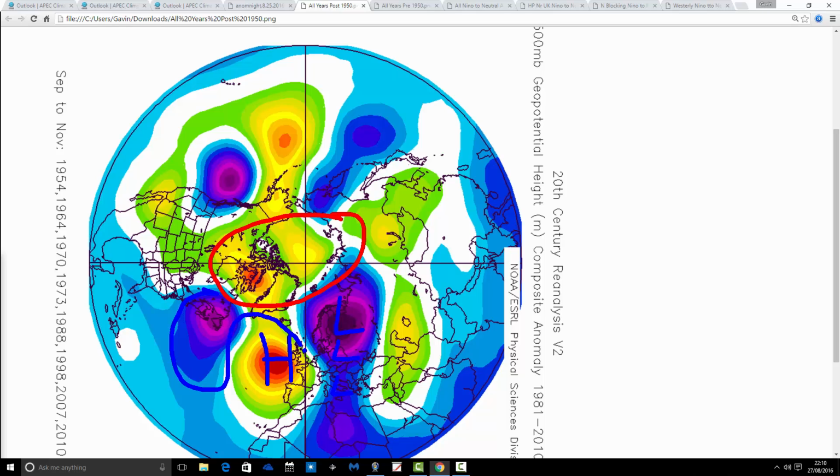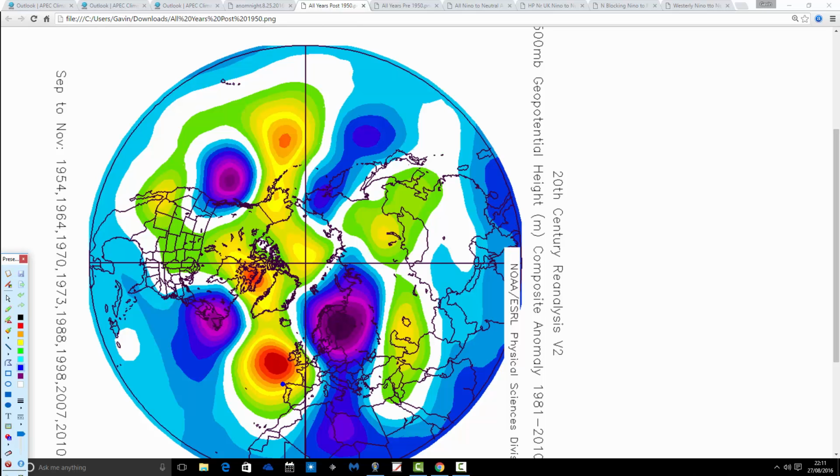So the flow is going something a little bit like that, and the air generally is coming round from the Atlantic. So these are not desperately cold autumns. They are still quite dry because the Atlantic is still blocked off by the high pressure. So generally quite dry autumns overall, but largely Atlantic based with the origins of the air. So that's how the El Nino to La Nina autumns look.